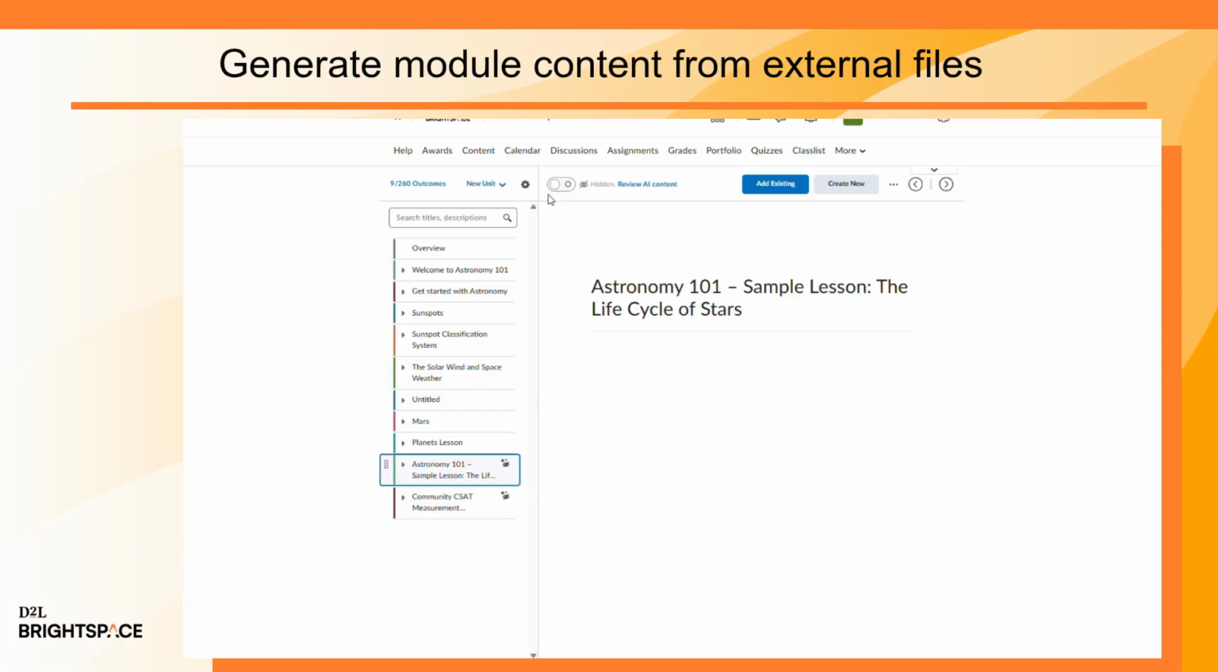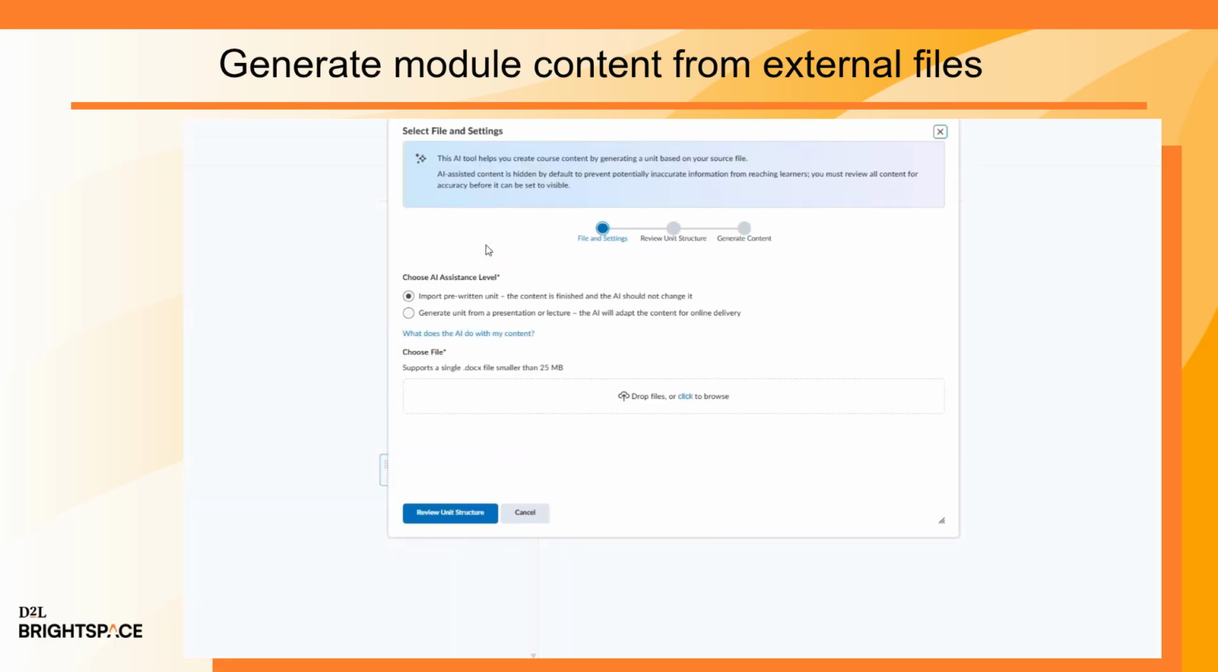To generate module content from external files, navigate to Content, click New Unit and select Generate Unit from File. From the Select File and Settings dialog, go to Choose AI Assistance Level. Here you can select Import Pre-written Unit if your content is already finalized and you don't want AI to make